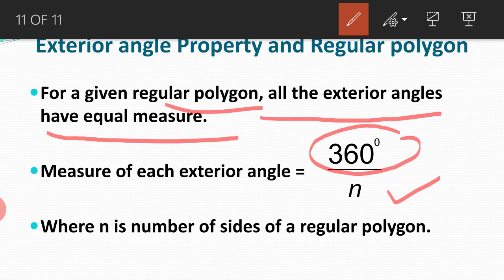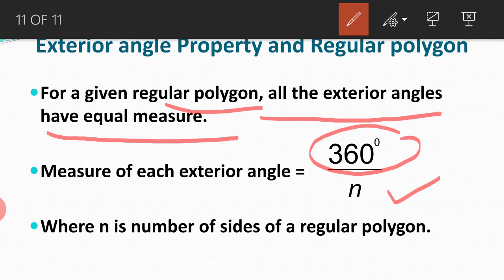So what we have studied in this particular video, children, we have seen what is an exterior angle. So exterior angle is the angle which we obtain after producing or extending a side. At each vertex we can have two ways to draw the exterior angles. How many exterior angles are possible for a polygon? So it is equal to the number of interior angles. What is the combination of interior angle and exterior angle? So they form a linear pair. That's why they are supplementary.